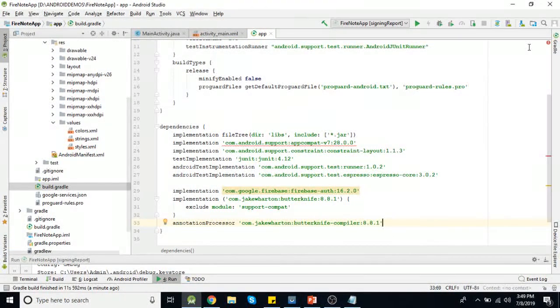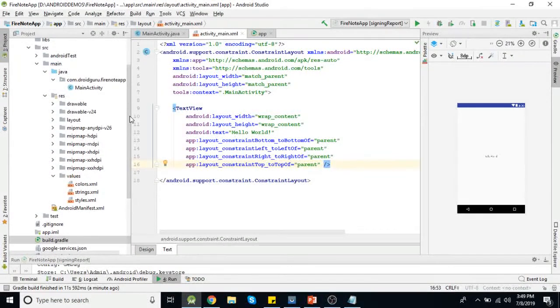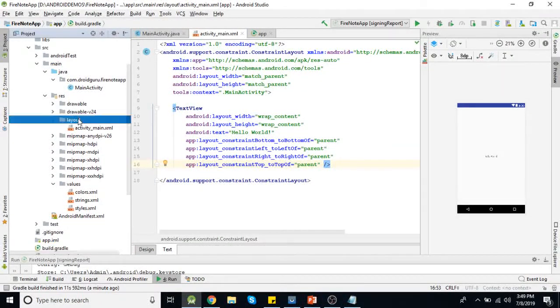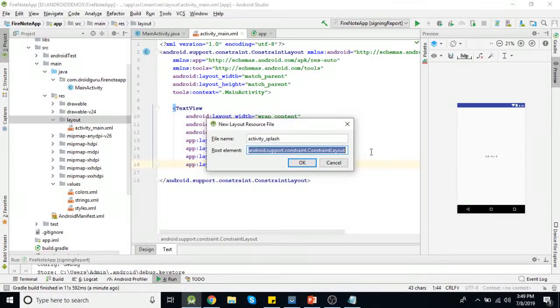Let's first design these layouts. This main layout is already there. I am just adding one layout for the splash screen, naming it activity_splash. I want this root element as a linear layout, so I am changing it.